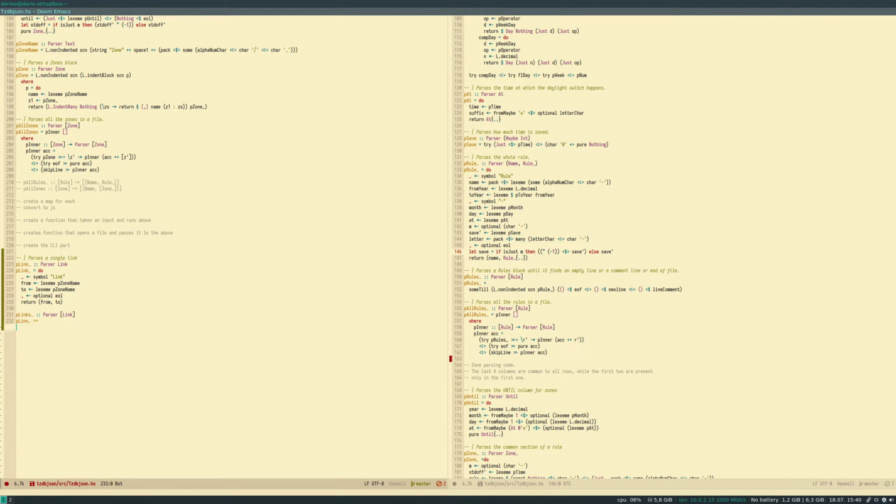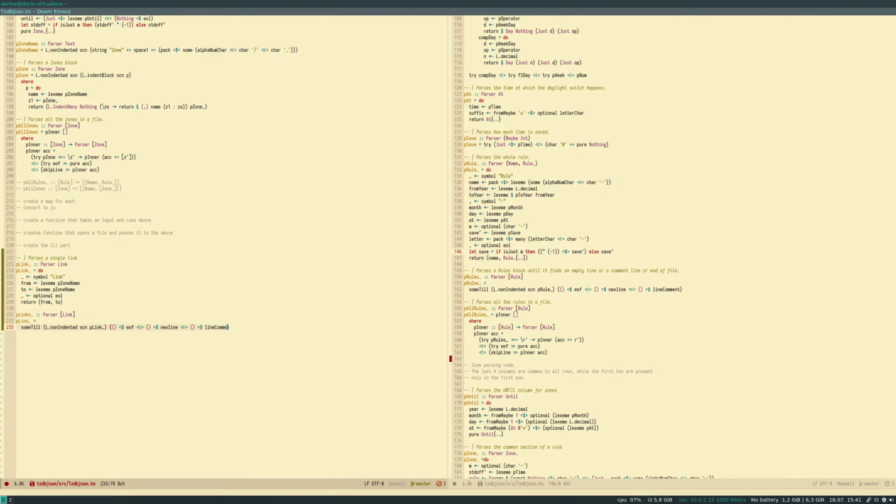And we can use this as some till non-indented scan p link until the end of file. We could probably extract this stuff here to its own parser, but it's not important right now.